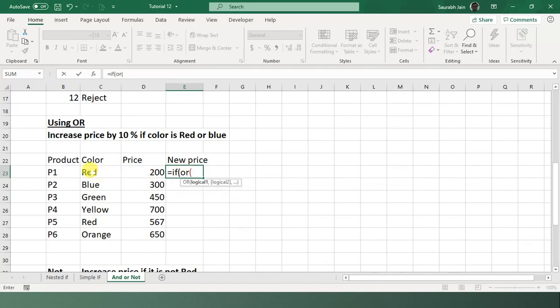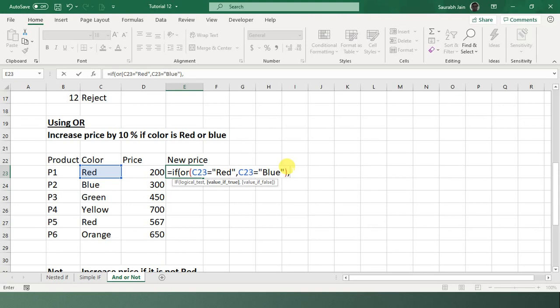Now I say this is equals to red, comma, this is equals to blue, bracket close. So this is my condition part.